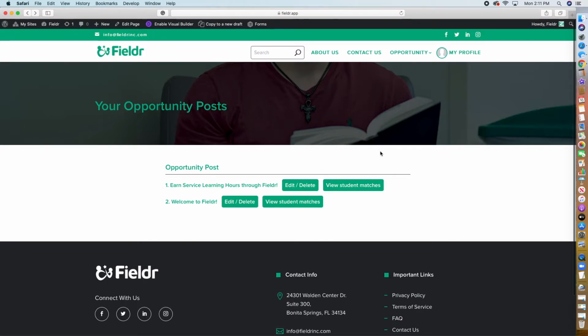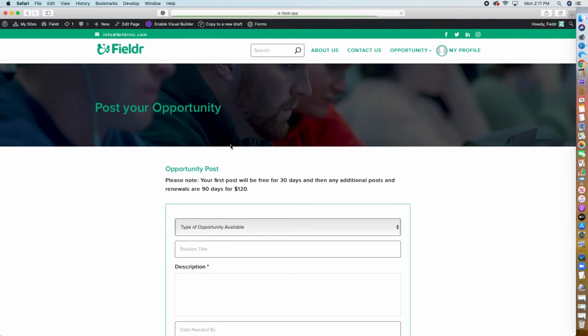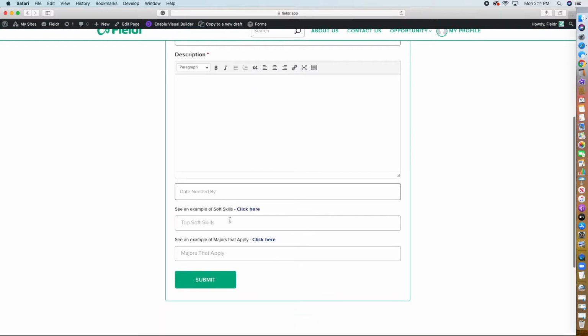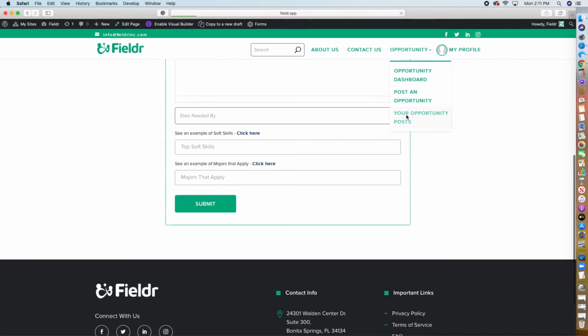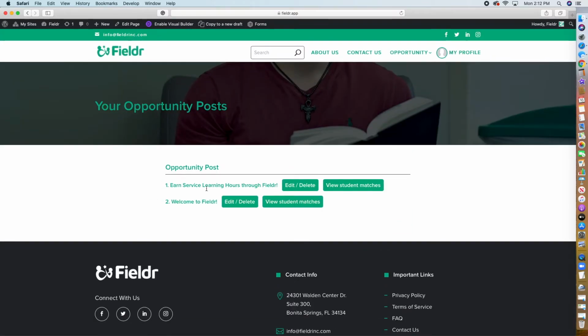So now this is where the matching algorithm comes into play for the organization. If you were to have those specific keywords that we referenced before, so let me go back to it. So these keywords, the top soft skills and the majors, if you had filled that out for this specific listing, under your opportunity posts, say you viewed it right here, this is where you would view your matches. So you select this button right here, and it's going to pull up any students that are matched through those